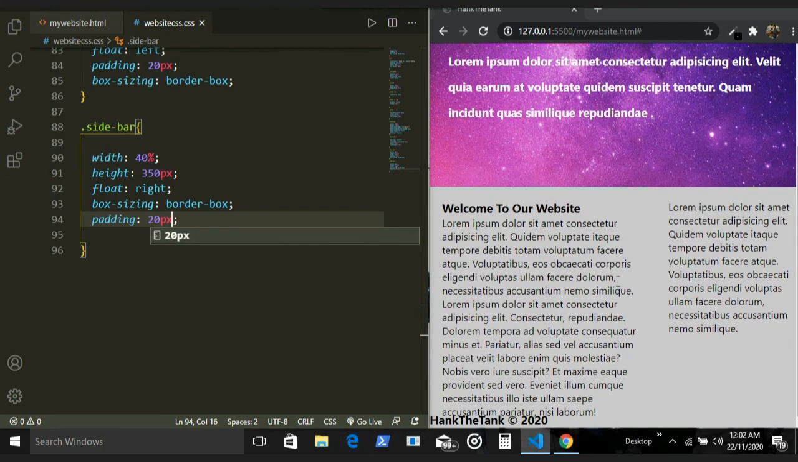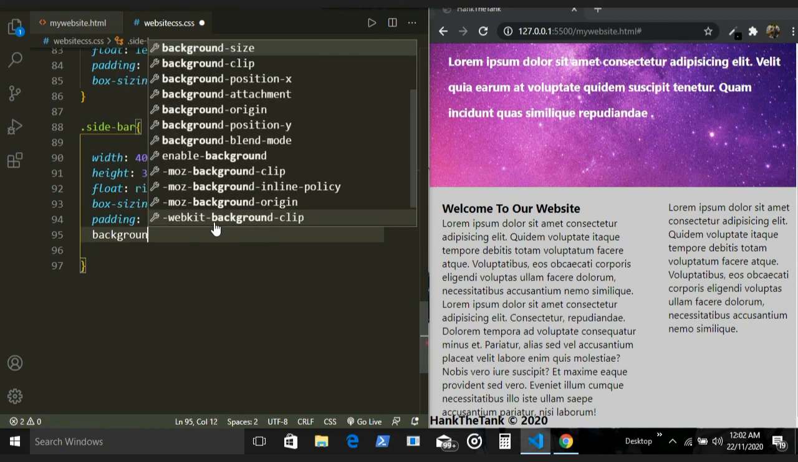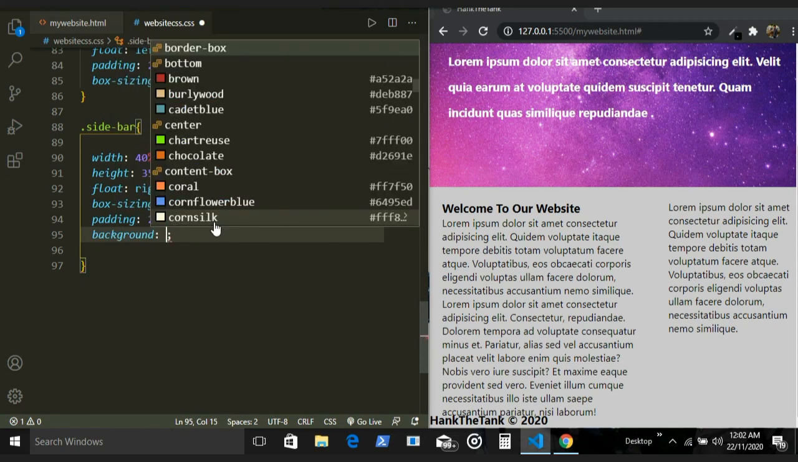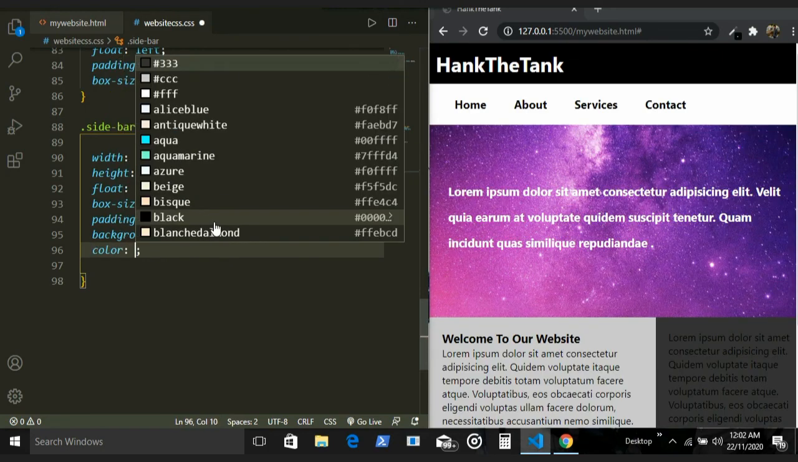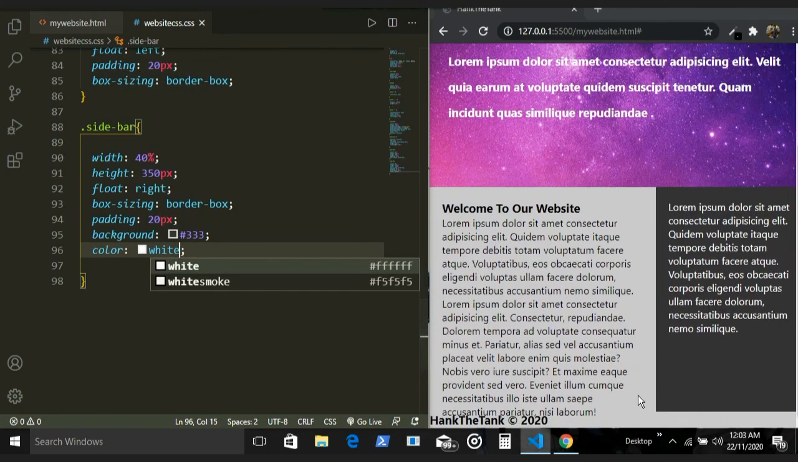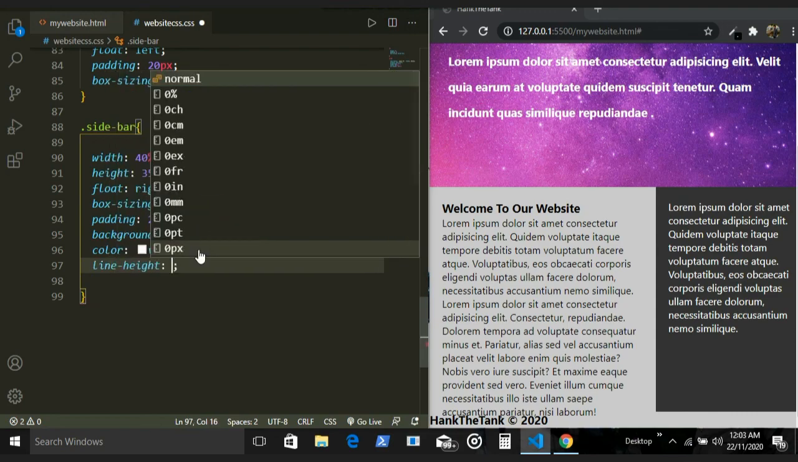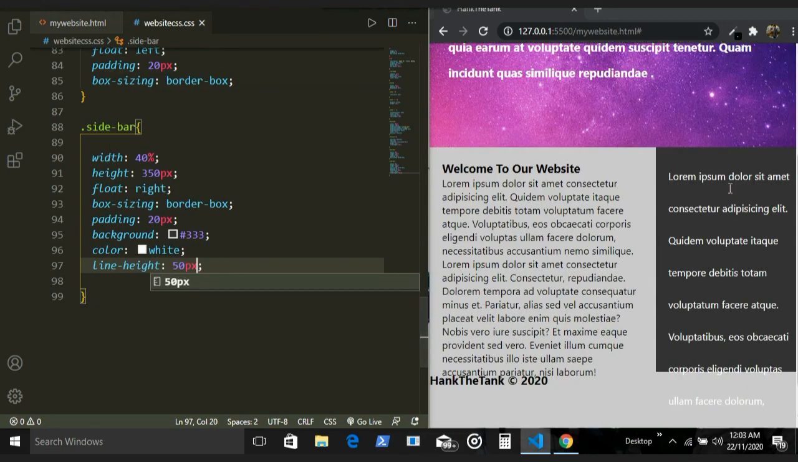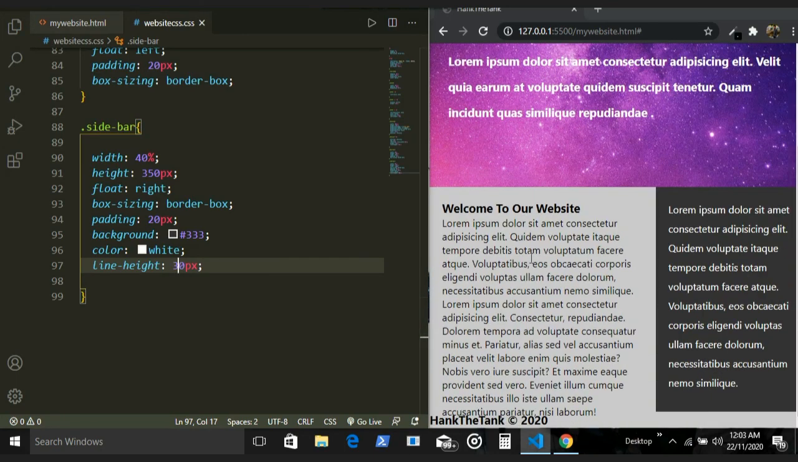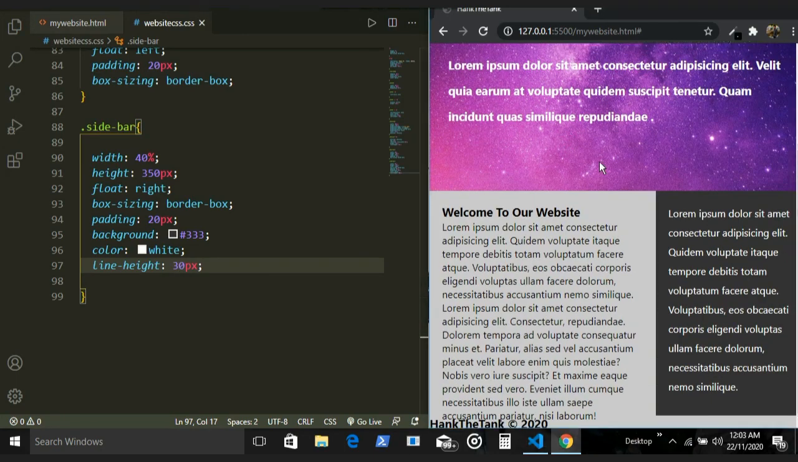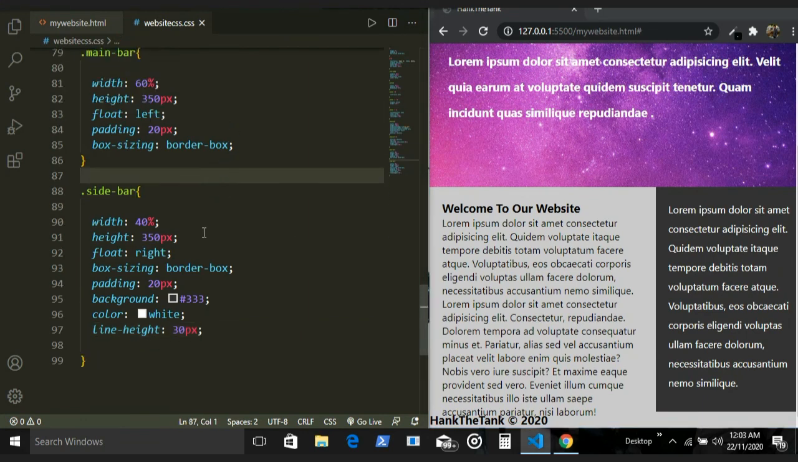Okay, now let's add a background to this. So background, I want to have a bit dark, so I'll add this, and the color to be white. And I want these to take the full width, full height, I mean, so I'll add line height of around 50 pixels. Now that's a bit more higher, yeah, 30 pixels, and this is our sidebar and